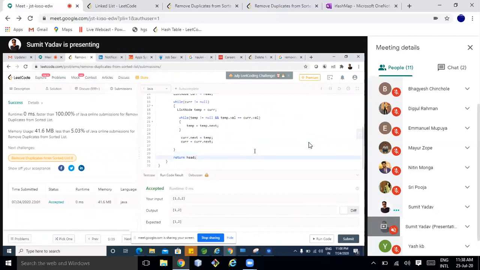So in the internal while loop, you are trying to reach the point where the current pointer is not equal to the new pointer, right? And you are just assigning it. Yeah, this is just for checking the duplicates and moving the pointer. Great, super. See, so many new approaches. I thought of this, but I never implemented it. I did it differently, Mayur did it differently. That's good actually. Dipjul also done. You can also share if you want.